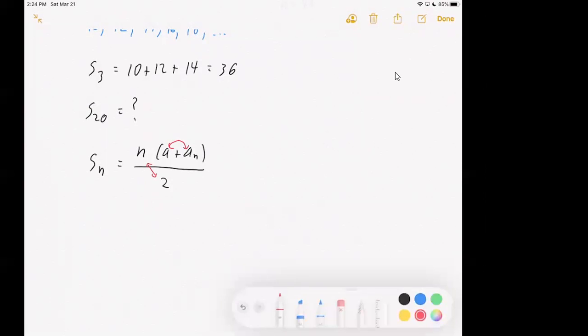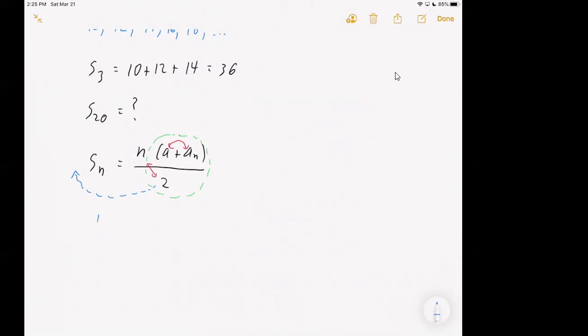But another way to look at this was, what if we group it like this? If you take the first number plus the last number and divide by 2, it ends up giving you the average value of the numbers in the list. So if you multiply that by the number of terms in the list, you'll also get the total. Or another way to think of it, if we took the 2 over to the other side, twice the sum was equal to n times a plus a of n, because we had learned,